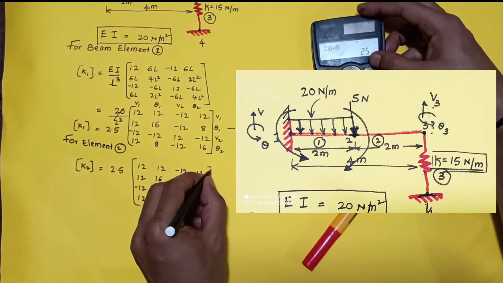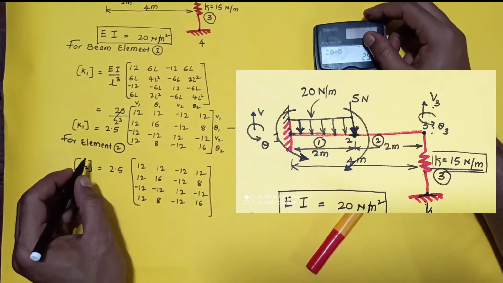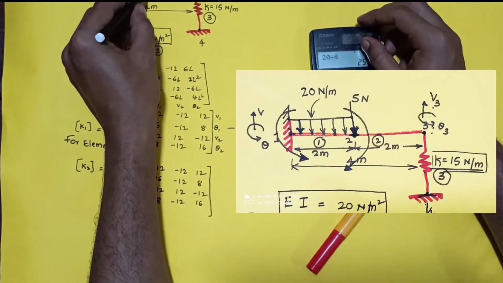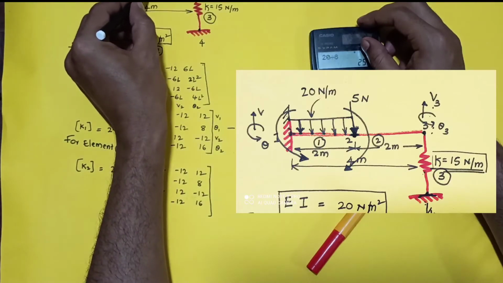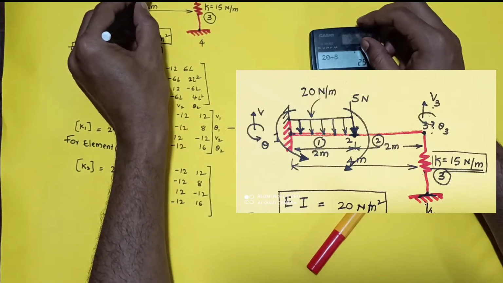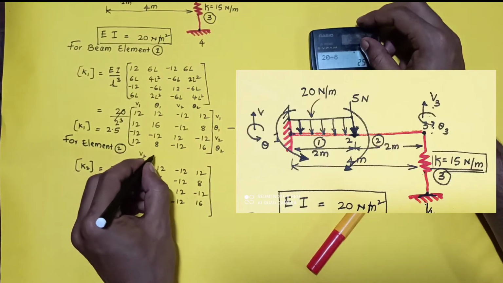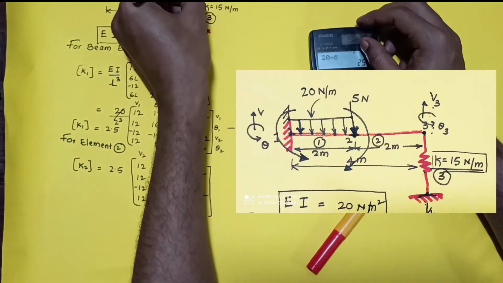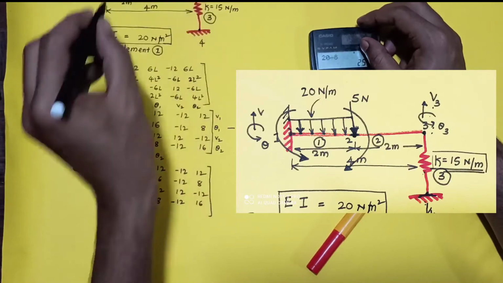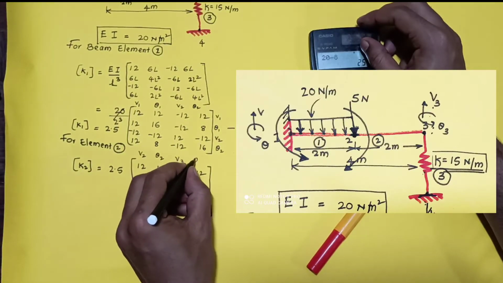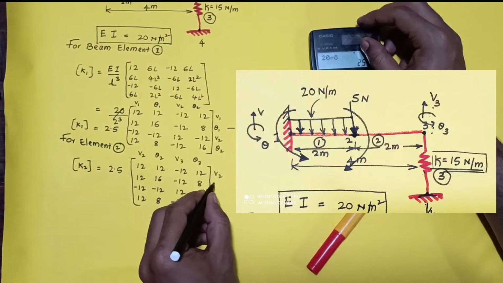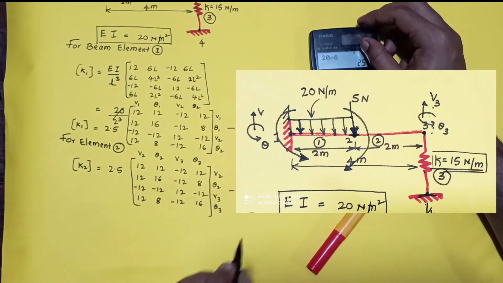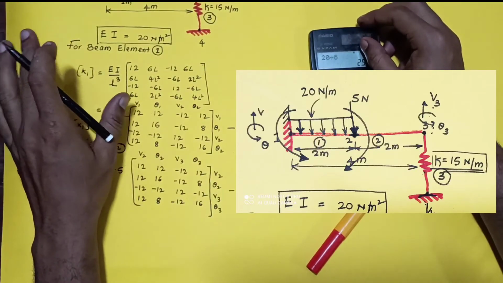After that, the difference is that you need to change the deflections. For element 1 it is completed. Now element 2 starts from 2 to 3. So V2 theta 2, and here the vertical one will be V3 and the rotational will be theta 3. So V2 theta 2, V3 theta 3. Say this is equation number 2. So now elements 1 and 2, the beam elements, are completed.